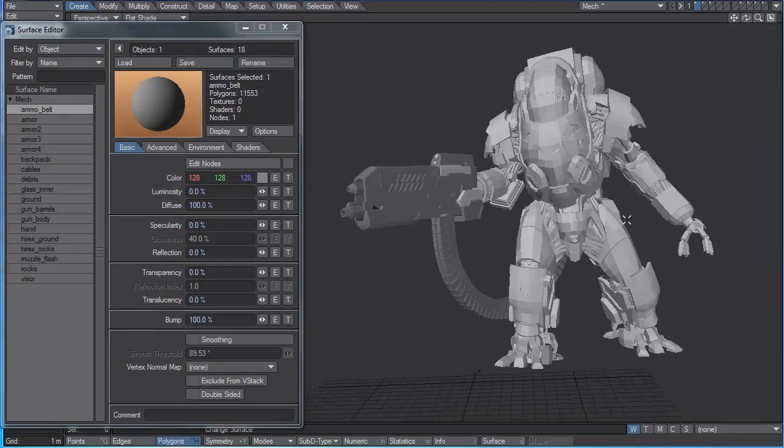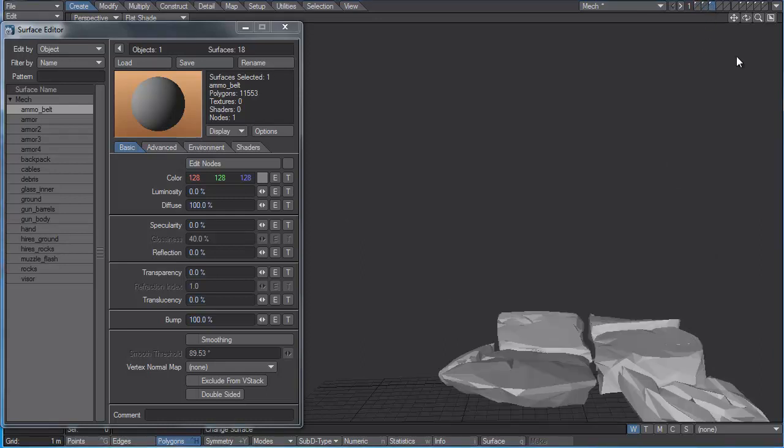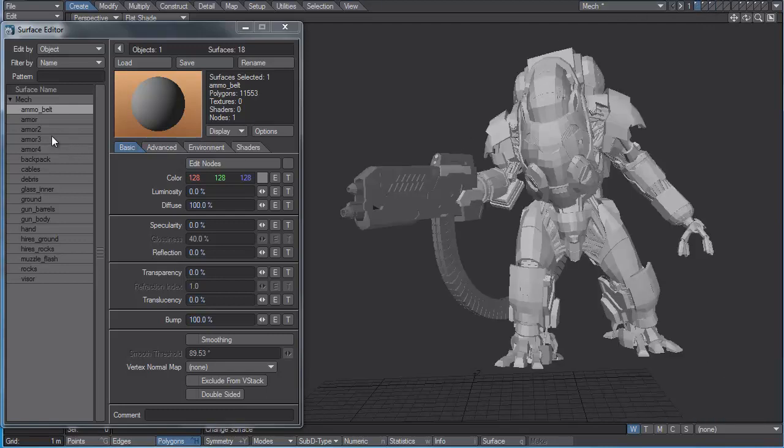Okay, I've gone through all the geometry in this object, and I've also gone through the base, the rocks, and the debris and so forth, and I've given them all material names. And you can see I have ammo belt, armor 2, 3, and 4. I thought I'd like to split up the armor and maybe do slightly different treatments to them. I have one for the backpack, one for all those cables, debris, there's glass, the inner glass for the visor,